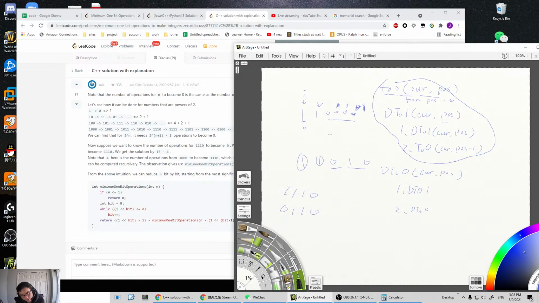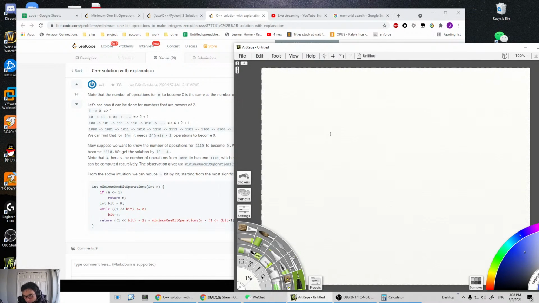Okay, so basically his idea is doing it from bottom to top. So let's say initially we have 0, then the operation 2 becomes, if we want to change a digit at position x, then we need to... wait. Let's